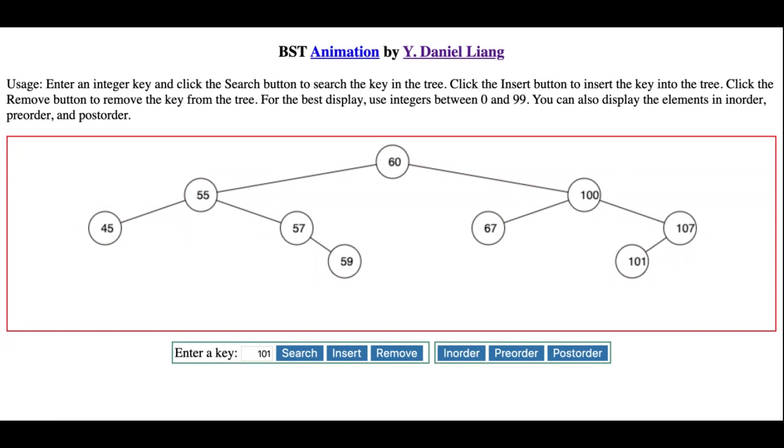100 has to go to the right side of it, so we go to 107. 107 has a left child, so we go to 101. 101 doesn't have any left or right children, so we print out the 101, and we go back to 107. 107 doesn't have any right children. We did finish the left side, so now we're going to print 107 itself, and we're going to go back